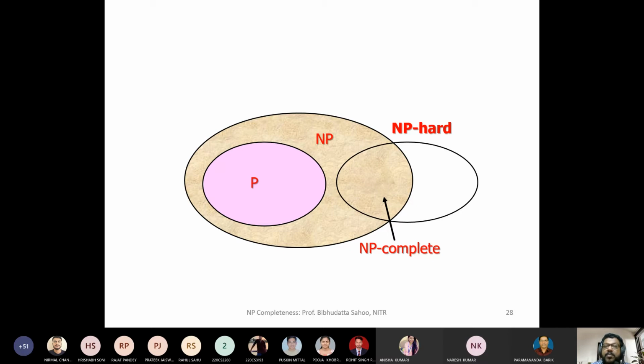So how to prove a problem to be NP hard? And as the diagram says, once a problem is proved to be NP hard, proving it to be NP complete is easy. Okay, so the basic definition, which I have discussed a number of times: you may not have an exact algorithm to solve that problem, but you can verify the solution in polynomial time. This is one of the definitions for the NP complete problem. That means verification of the solution is possible.